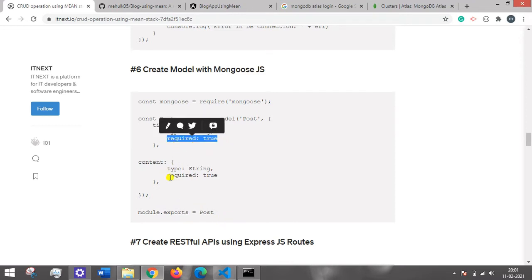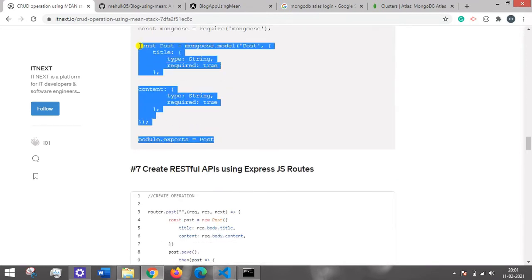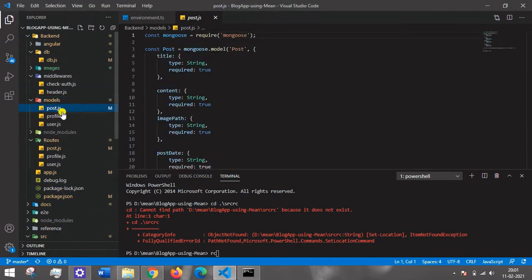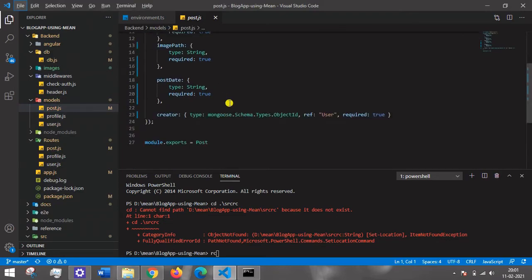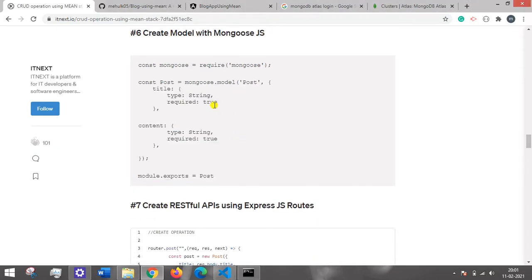Yeah, mandatory field, not from the front end, but it will validate this part at the backend before writing anything to the database. So this is a model we have created in Mongoose. We have one models folder here, and we have created one model for the post. You can definitely go through this complete code, but right now for a short explanation I'm just going through the two fields, title and content.